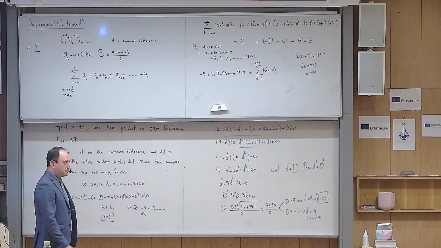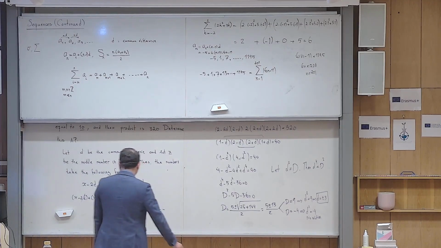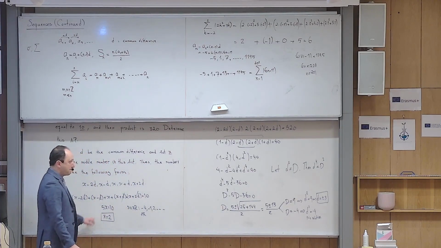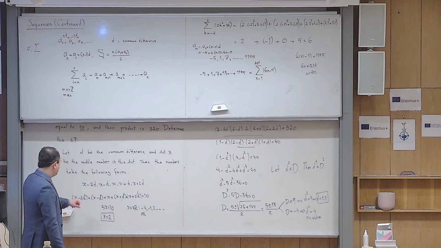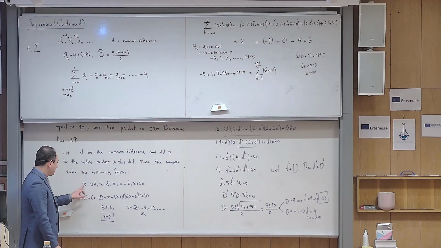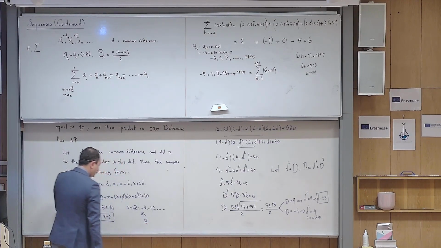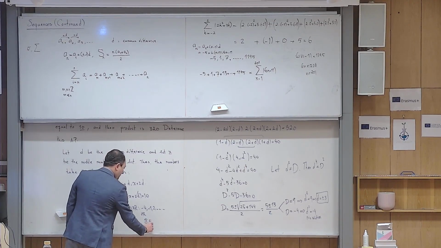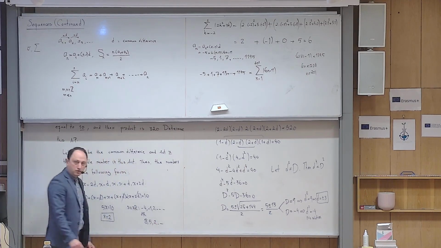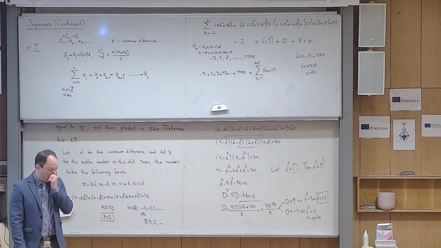if d is minus 3, yeah, thank you. If d is minus 3, x is 2, so 2 minus 2 times minus 3 is 8. Yes? And then the next one is 5, the next one is 2, etc. So these are two options that I have. Yes? These are